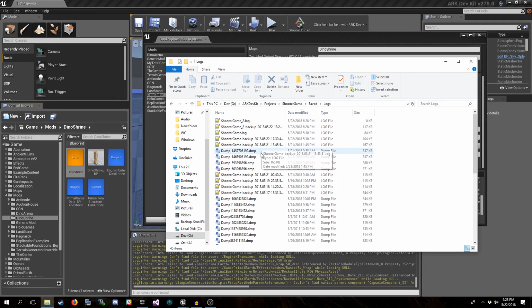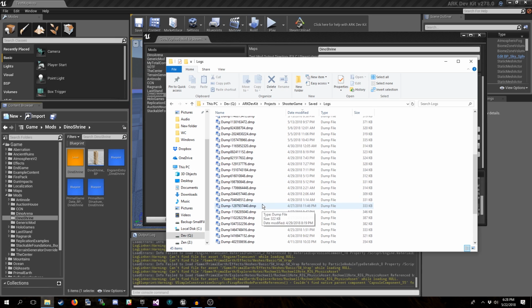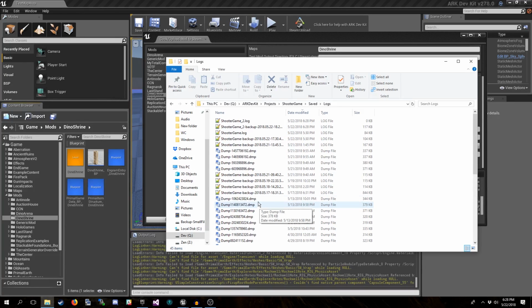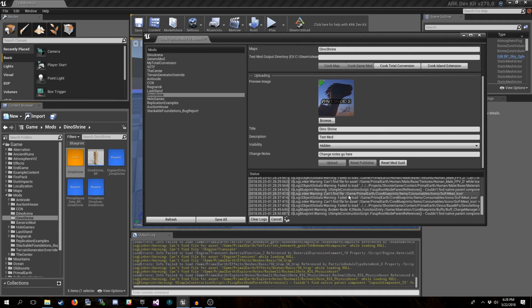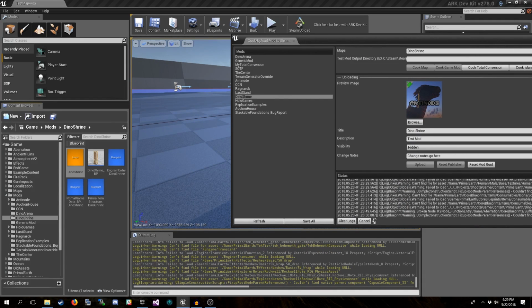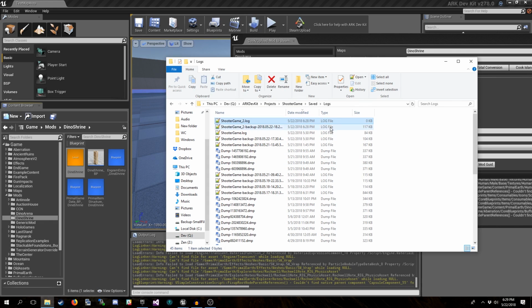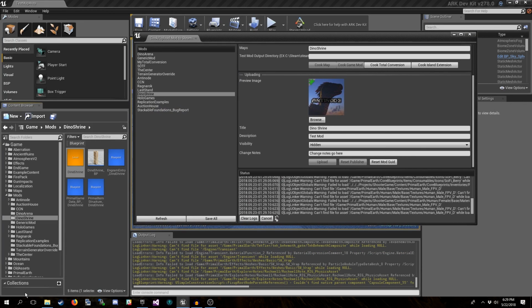You might not see as many as I've got here, but the shooter game and shooter game 2 logs are the ones where this is being output. You can sort that by date modified to get the most recent one and look at which one specifically it was modifying during this cook.